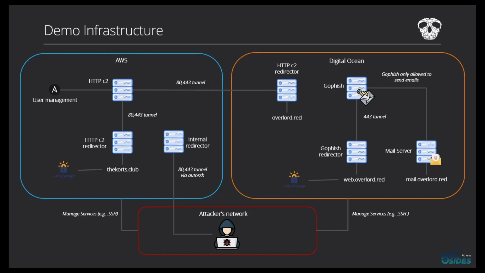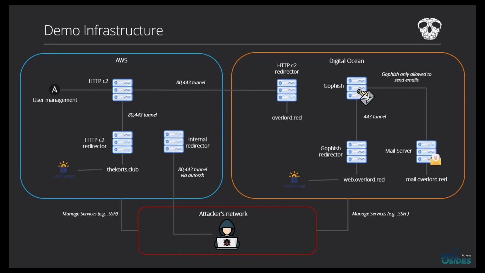We have another HTTP C2 redirector for the same C2, but it's on DigitalOcean, so we have one on DigitalOcean and one on AWS, redirecting both to the same C2. And on our command and control server, we use the user management Ansible module to create two different users on the same machine. Okay, so let's start with the demo,